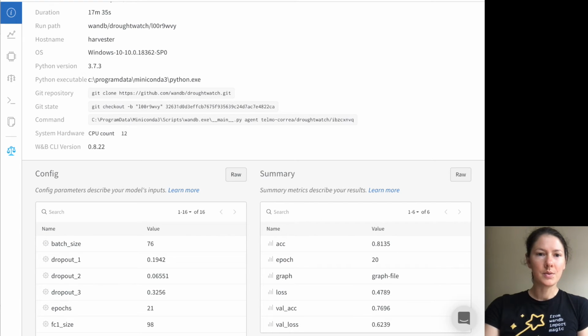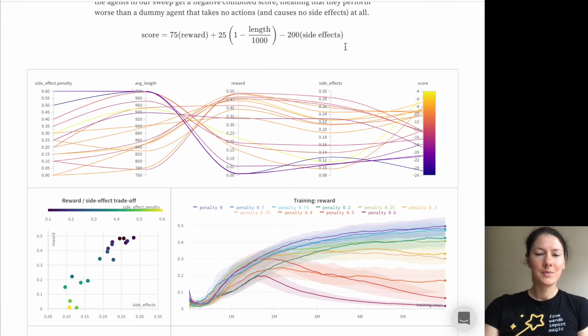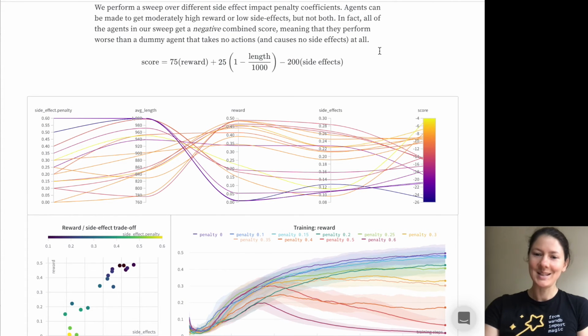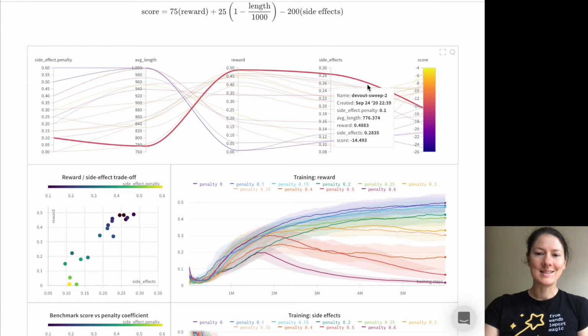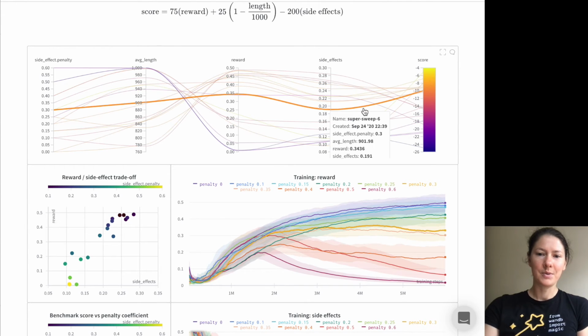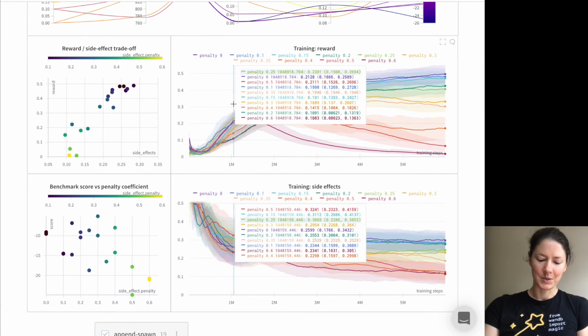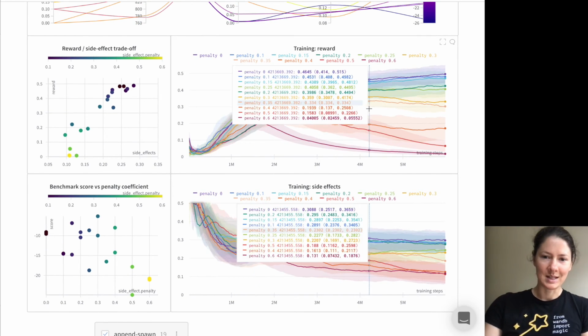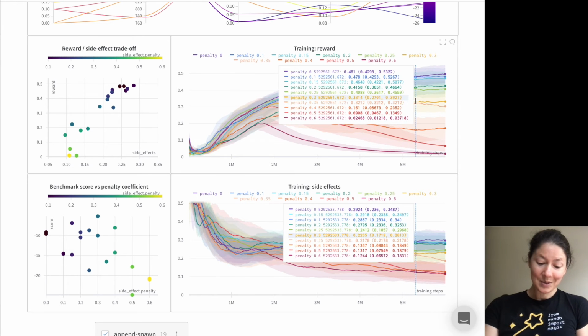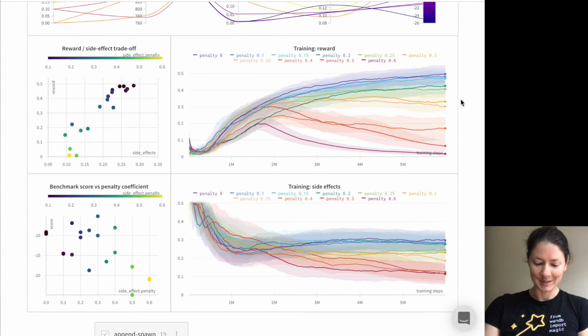You can hop into an interactive version in Weights & Biases and show you that we can also include LaTeX in reports. You can see the relationships between different hyperparameters in this chart and look at these beautiful correlations between reward and side effects when you set a different penalty. And what makes the task challenging is this trade-off between side effects and reward. If we increase the penalty too high, then the agent might never learn the task. If we set it too low, there will be lots of side effects.